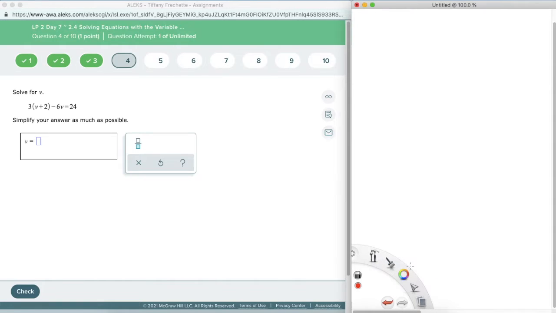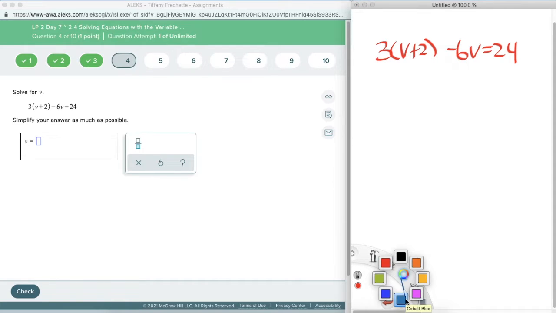Okay, so now we're getting more steps. So each time we move to the next problem, we're given just a little bit more that we have to complete here. So first, simplify. We have to go through PEMDAS first. So parentheses, we do have parentheses here. So I need to take this 3 and multiply into the parentheses here to get rid of it. I can do that division step that we saw on number 1, but remember, if I do that division step,